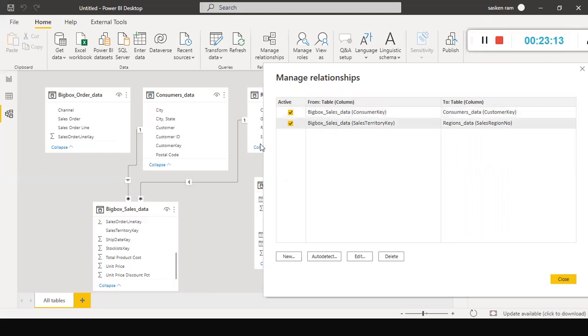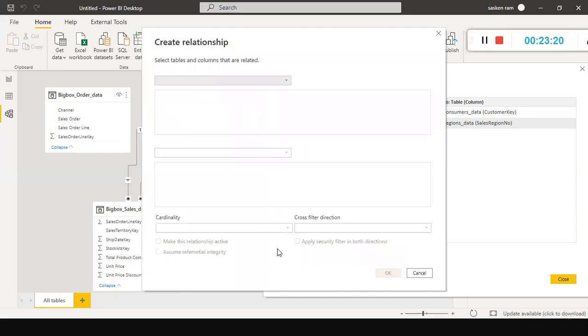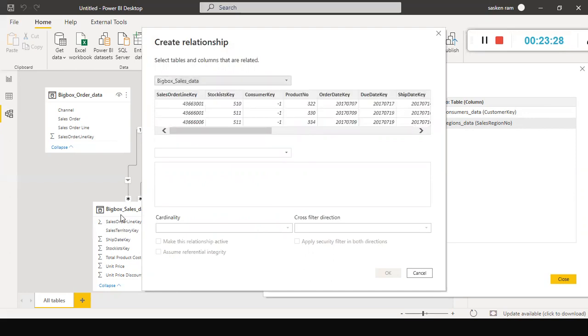Now instead of dragging and dropping it, I click on the new button here. Now it opened a dialog box. Sales data, I need to first select this one. Second, I need to select the consumer data and region data.